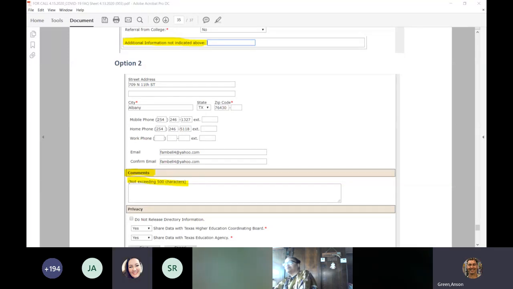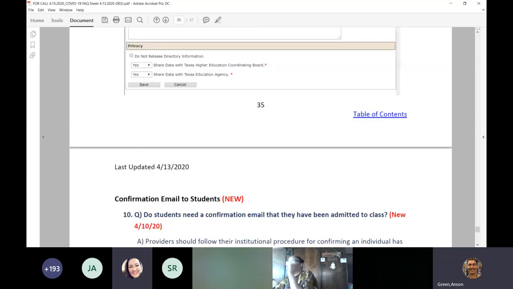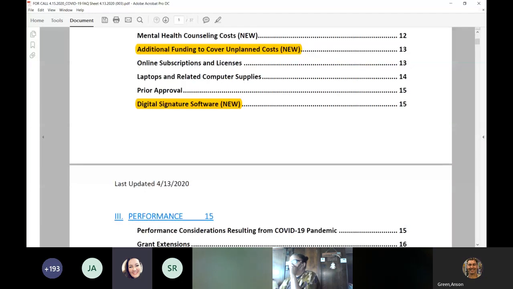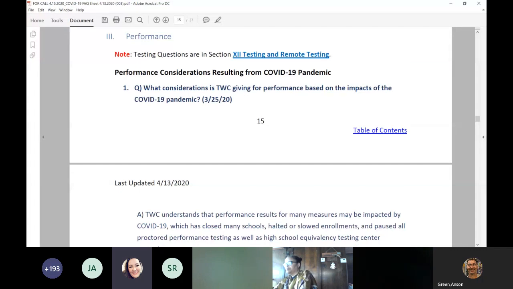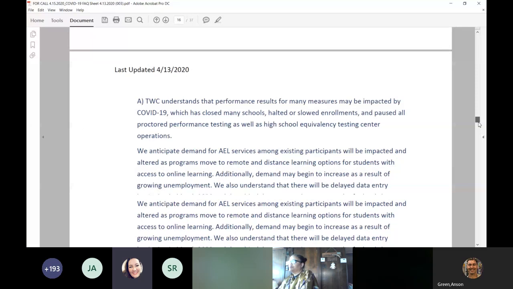And I'll just add, because we probably want to switch over. There's a couple other sections within the FAQ we want to go over with you guys, but for Michelle, and those of you who were asking questions about NRS and some performance things, there is a section at the end of the FAQ. I think it's called testing and remote testing that kind of answers